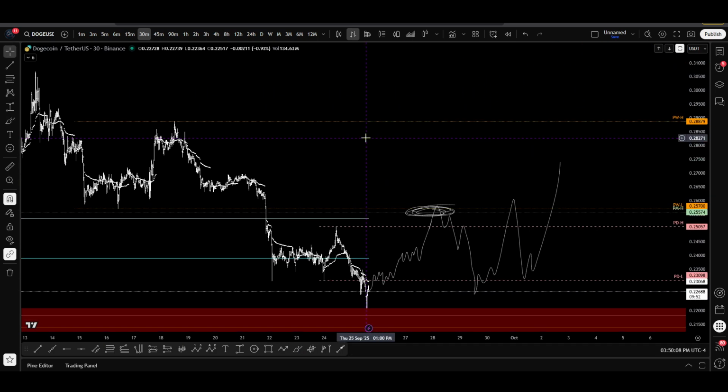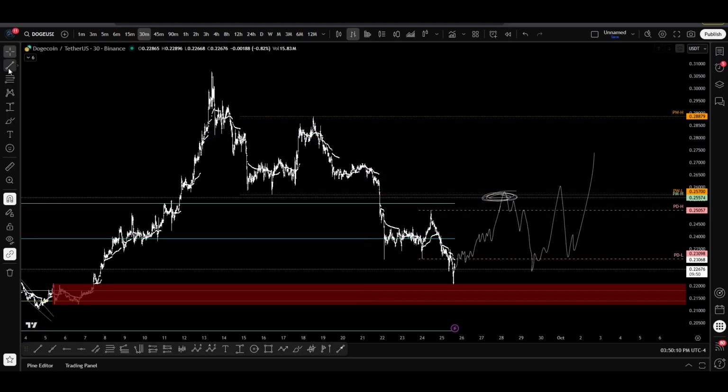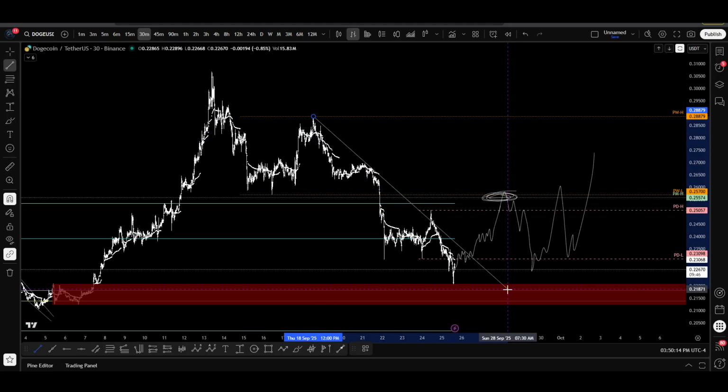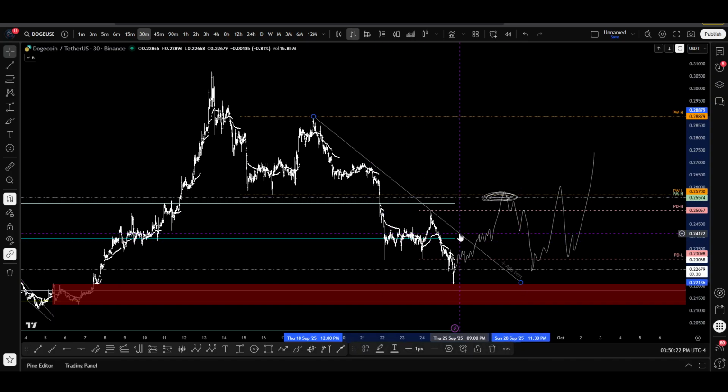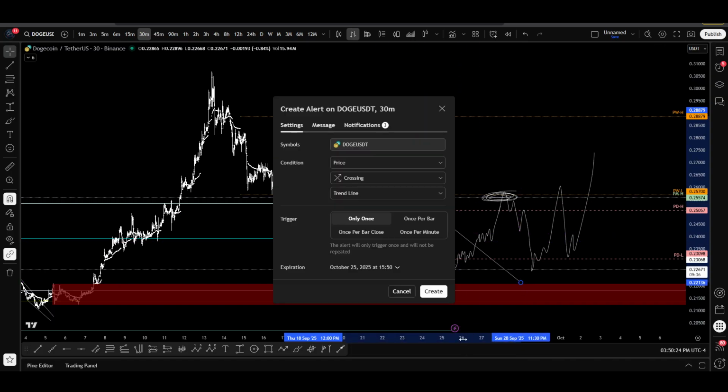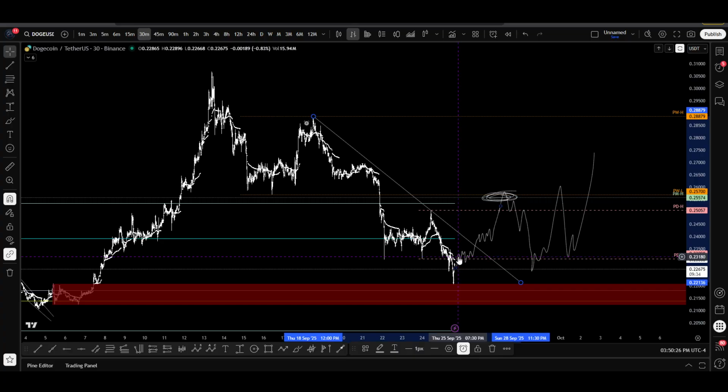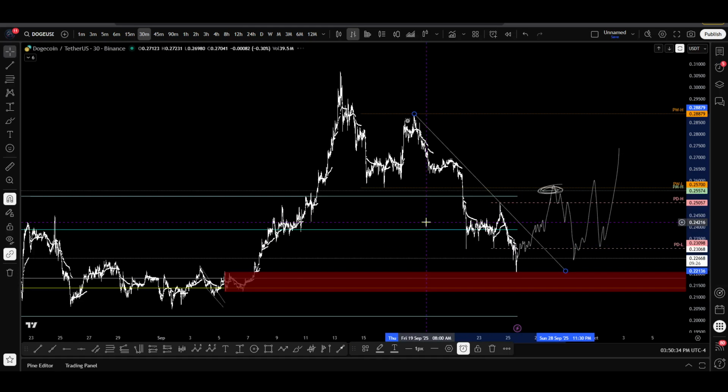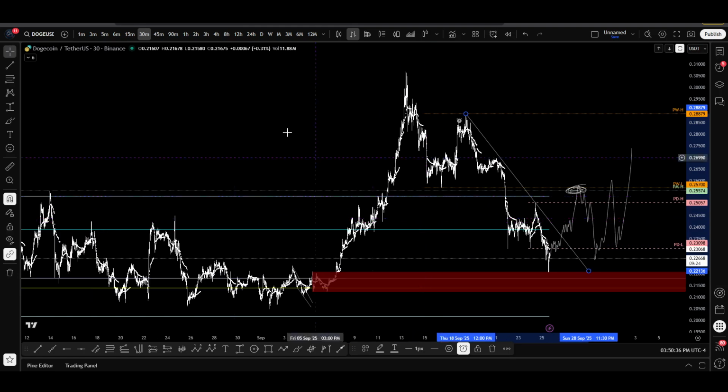So right now, Dogecoin is definitely bearish. Like I said, with trend lines, you can go ahead and draw them, right? As you can see, price did respect it. It tried to break out, failed, came back down. So you can go ahead and adjust your trend line. And yeah, you could even set an alert on this trend line to wait until that breaks out. And then maybe it does something like this, like I drew before, and eventually starts to move up higher, right? So as of right now,